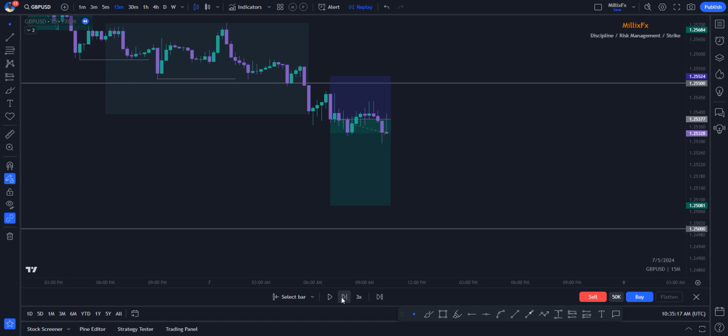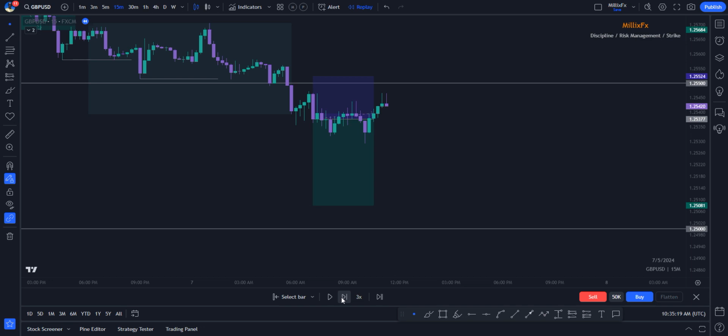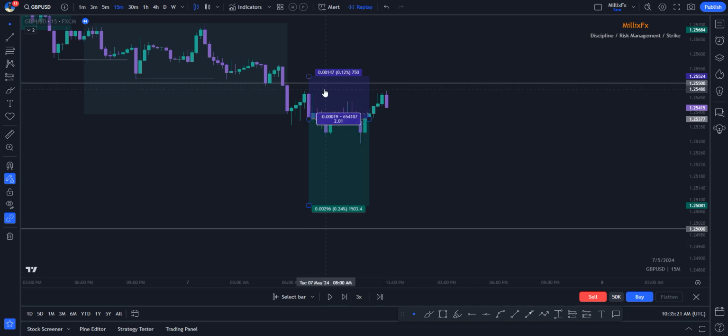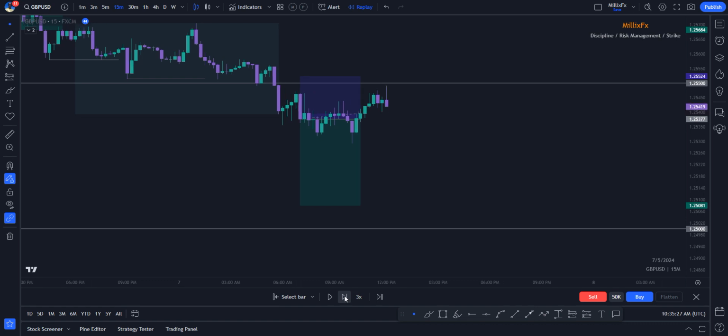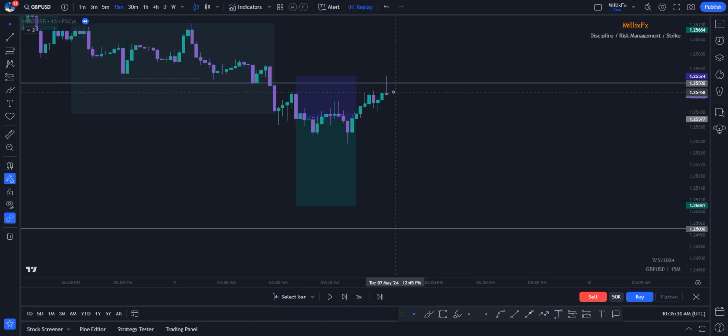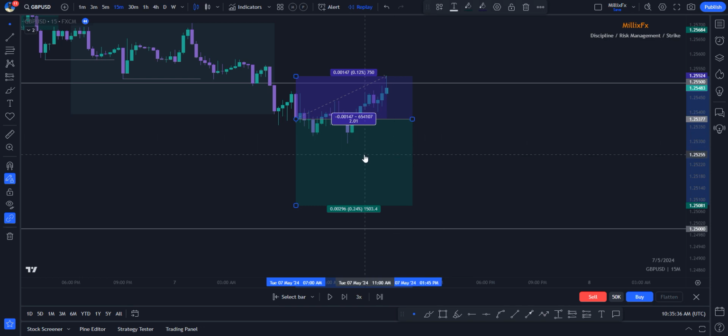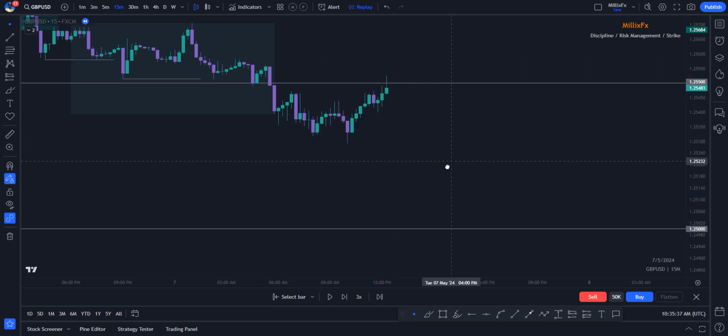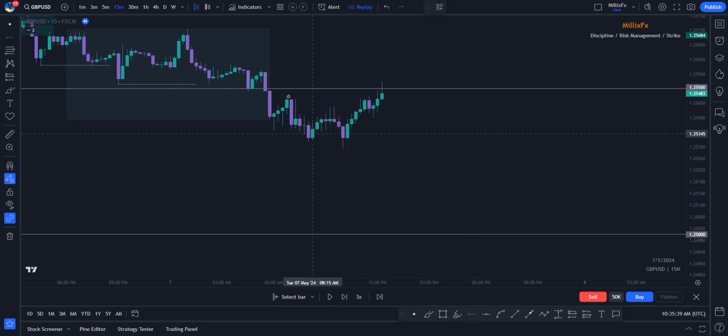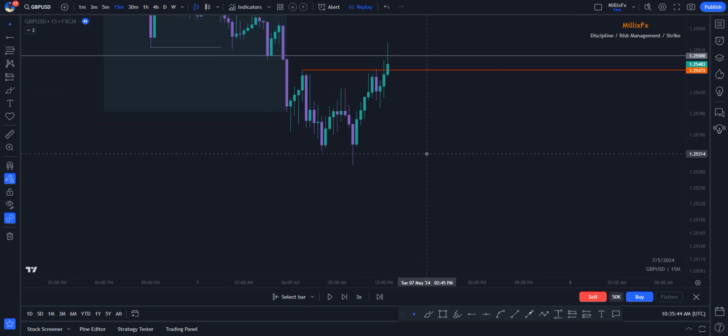So let's see how price goes. Price is consolidating and eventually took out, I think it slightly took out the previous low. So let's see how it goes. Okay, so price took out this low, and then it would have stopped us out from this one. Now since it has stopped us out, and this is also an inducement area, what we will be looking for